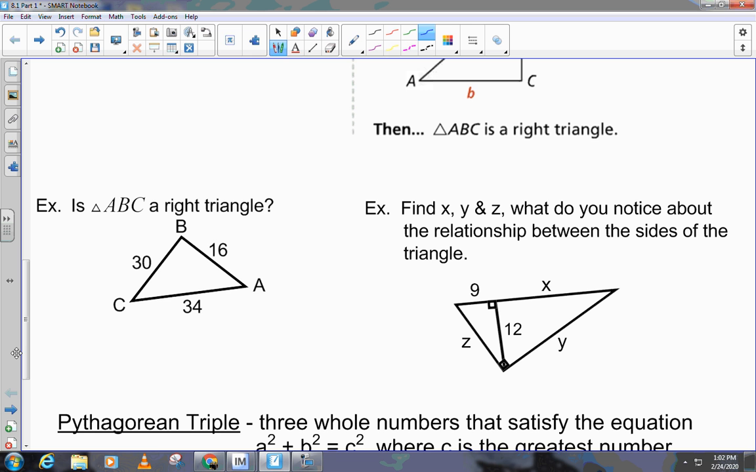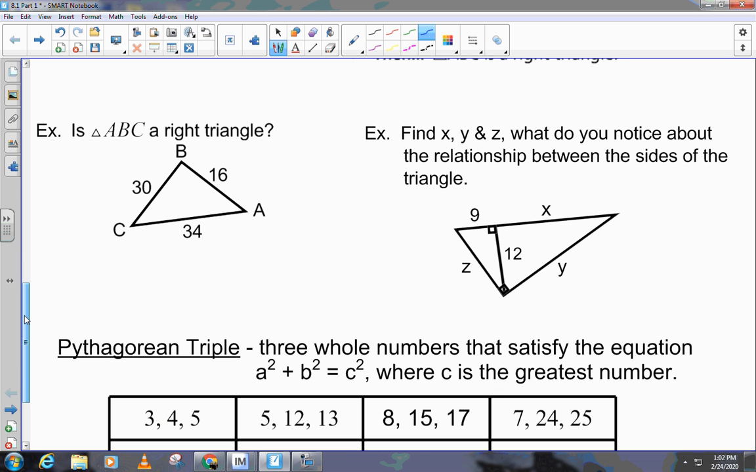Okay, so for example, first of all, does this make a triangle? 16 plus 30 is greater than 34. Okay. So then we're going to do 16 squared plus 30 squared equals 34 squared. 16 squared, you should know that one, is 256. 30 squared is 900: 3 times 3 is 9, then double the 0. Okay. And 34 squared,